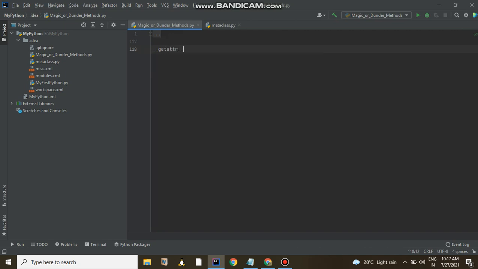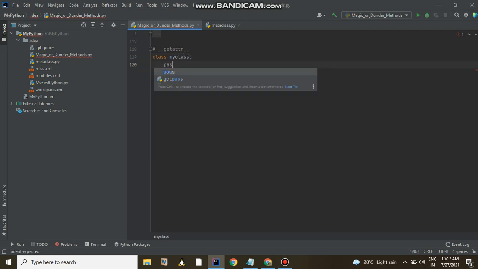So why is this used? Let me give an example. Suppose I have a class with no attribute inside it, and I am creating an object of it.